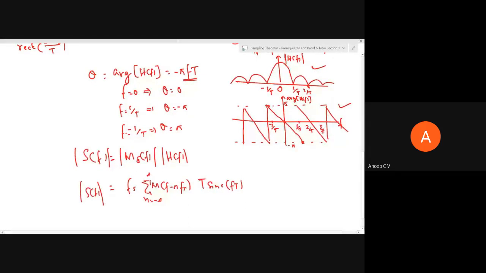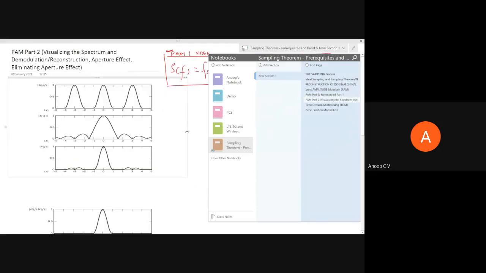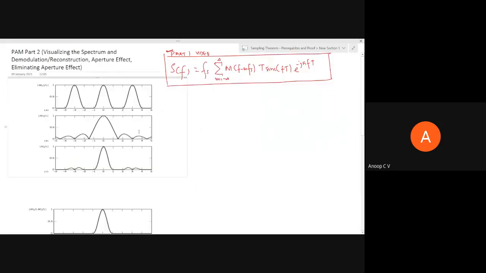So this is what we are going to show in the next diagram, which I'm going to display. Here we are going to visualize what is this s of f. The first one is mode of m of f. But what you have to keep in mind is this is a sample diagram. In this case, w, the maximum frequency content of message, is normalized to 1. When I say normalize, if we divide the frequency with some value, we can say that frequency is normalized to that particular value.